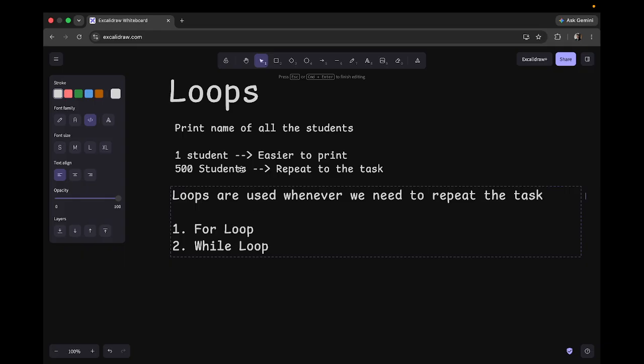Let's say in this scenario, we need to print the names of the students 500 times, like 500 student names have to be printed. So we need to iterate a certain number of times. In that scenario, we will be using the for loop,